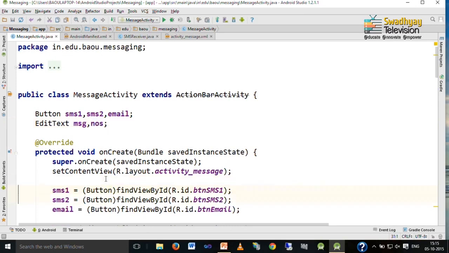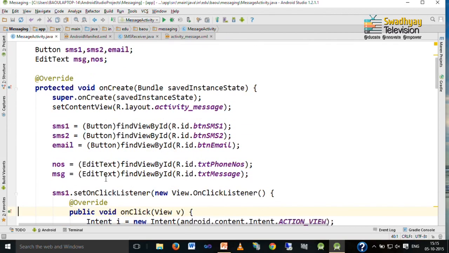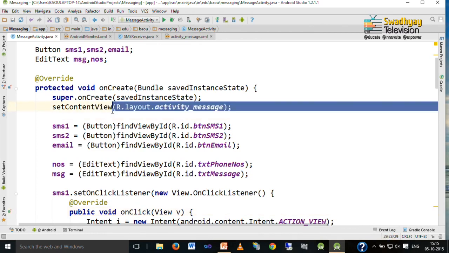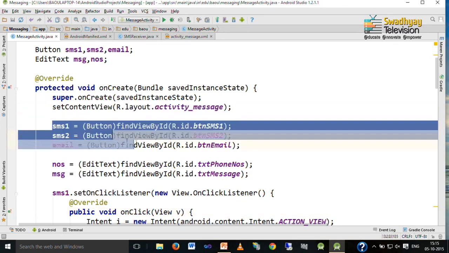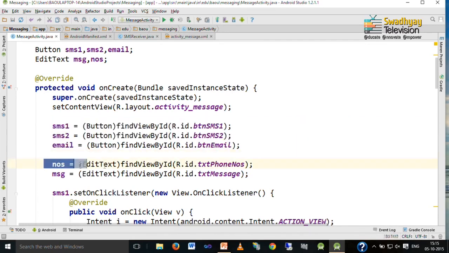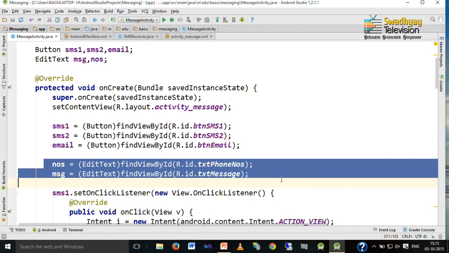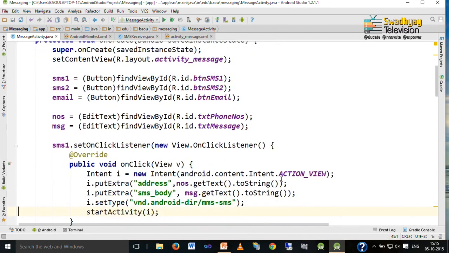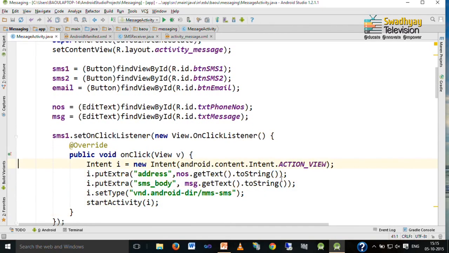On screen you can see inside onCreate, first we set content view and then we take reference of these buttons SMS1, SMS2 and email, and here is a reference of two edit texts with ID txt phone numbers and txt message for specifying phone number and message respectively, and whenever the user presses this SMS1 button we want to